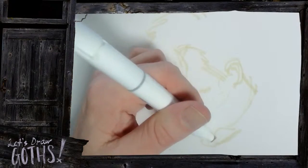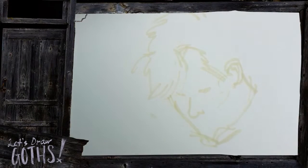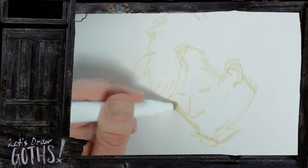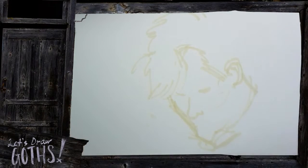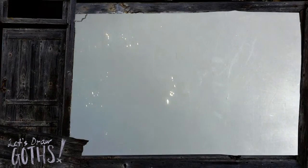This got weird. I'm going to try to fix it, but it might need to be started over. Yeah, I don't like this. And there is one of the beauties of watching an artist live. You get to see that not nearly everything is gold. And I love how, like,